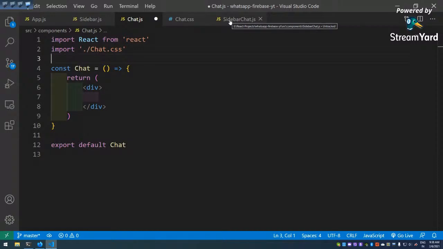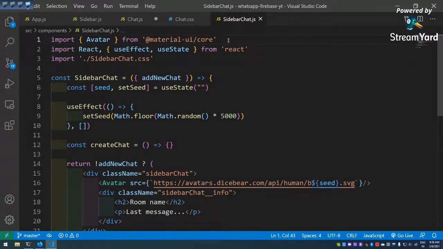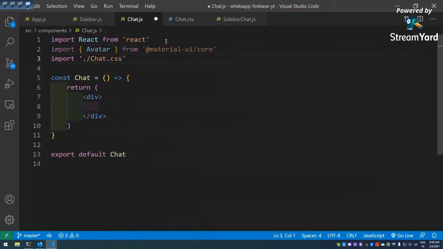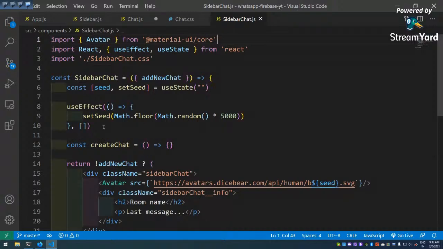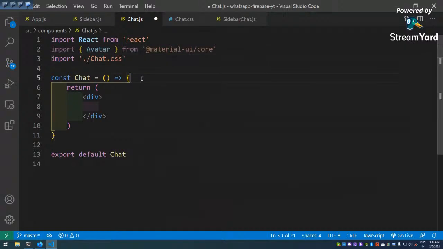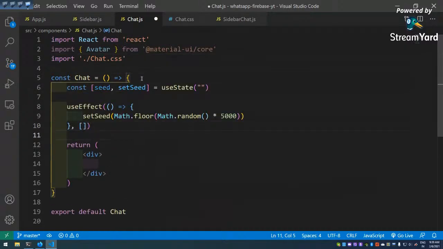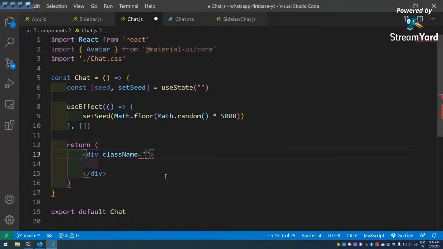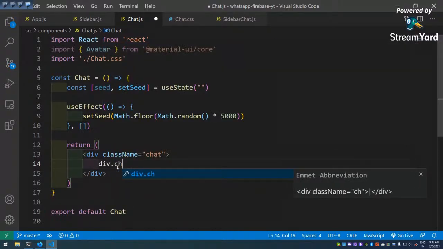So again we are going to have this avatar, and also let me copy this avatar here, and then we again going to have the seed thing to show a random avatar. So seed thing also I will copy, and then div class name equal to chat. Okay, and then div dot chat